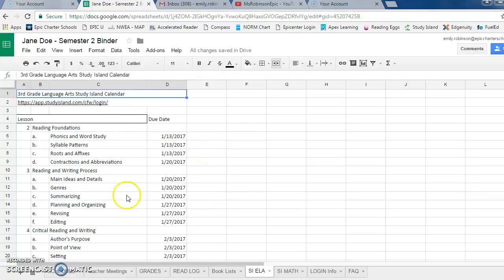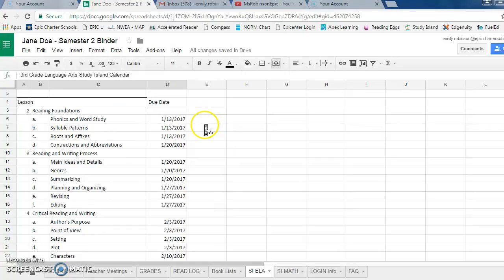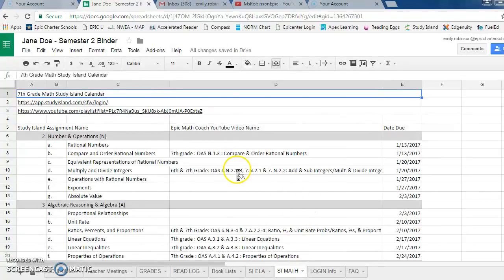This one is for English Language Arts, and it's basically a calendar to show when the student should have mastered that standard. They'll get on and do lessons in Study Island. There'll be another video on Study Island for those that need it in just a little bit. Math is the same,